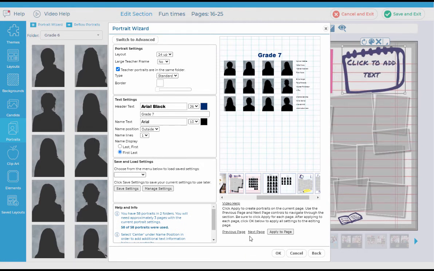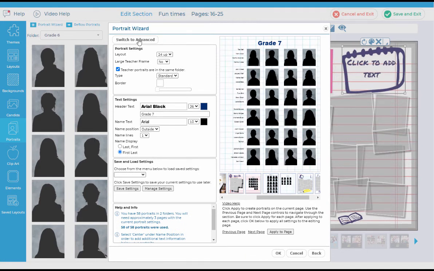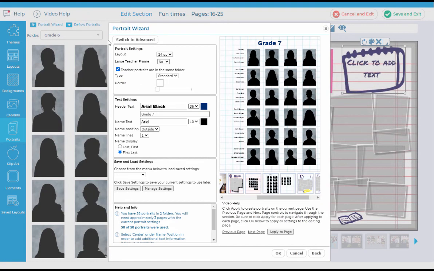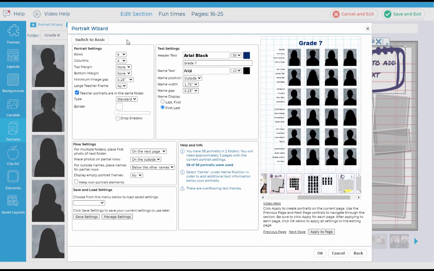Okay, now we're going to switch to Advanced mode and take a look at some of the more advanced functionality. You'll see that advanced mode is laid out just like basic mode, but there's some additional functionality that gives you some more capability for fine-tuning and a little more design flexibility. As I said before, you can freely move back and forth between advanced mode and basic mode based on the